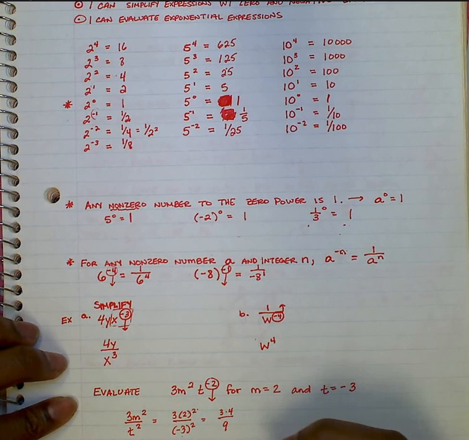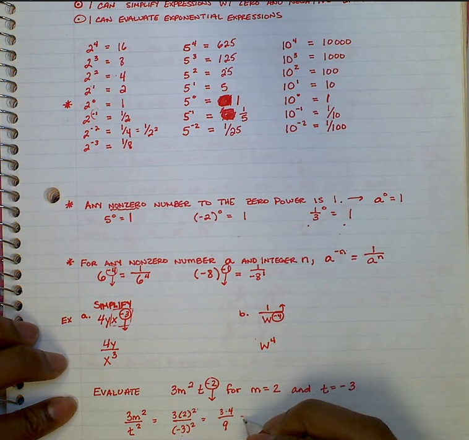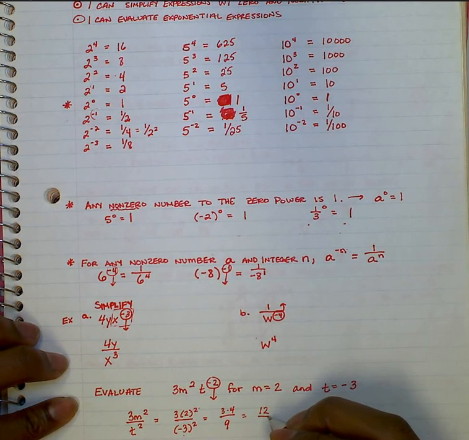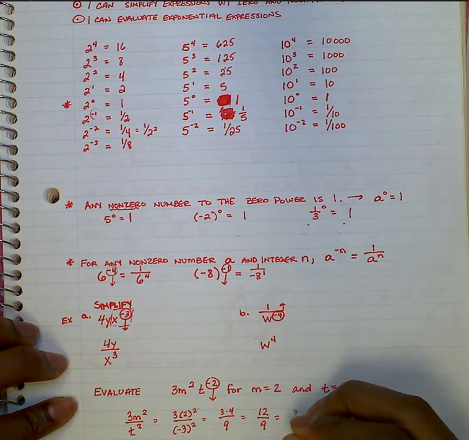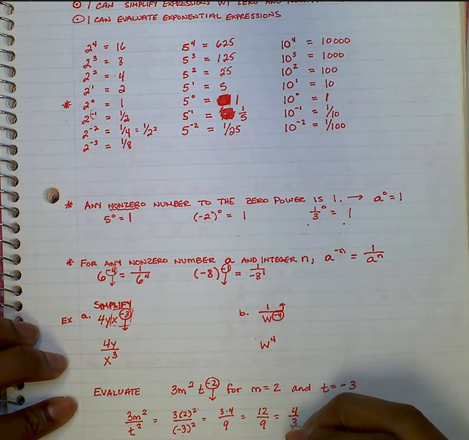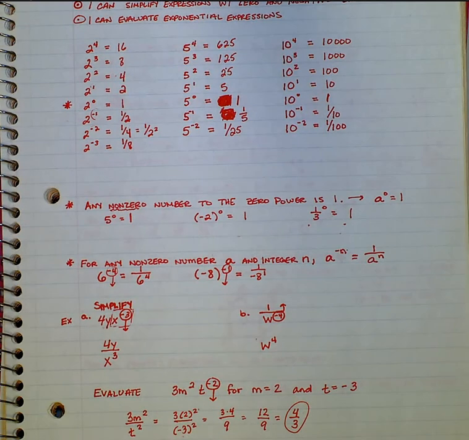So I have 12 over 9, which I can simplify to 4/3. All right, so we've seen zero exponents, we've seen negative exponents, we've simplified. You should be ready for that, and hopefully you're ready for